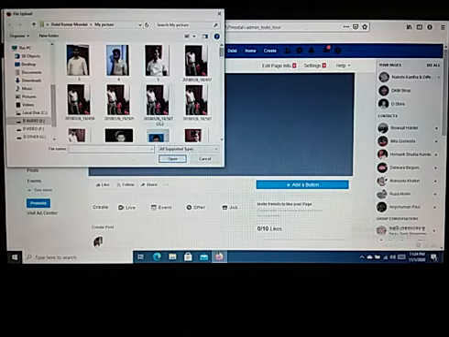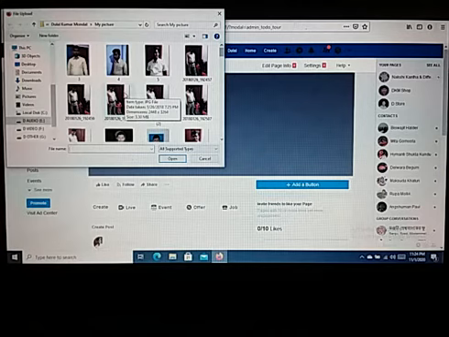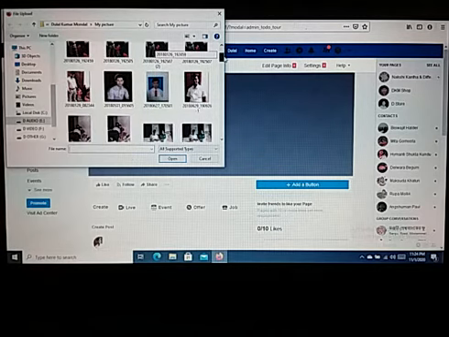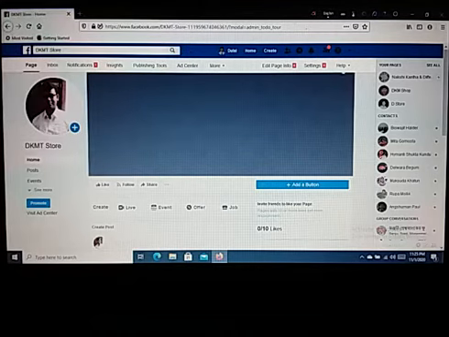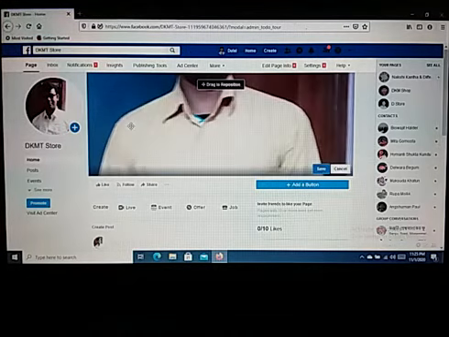Then you will see a search box. From here you will have to click on the photo that you need. Now drag to reposition.